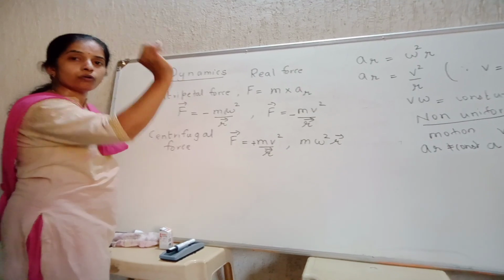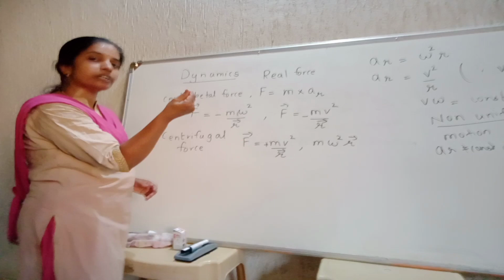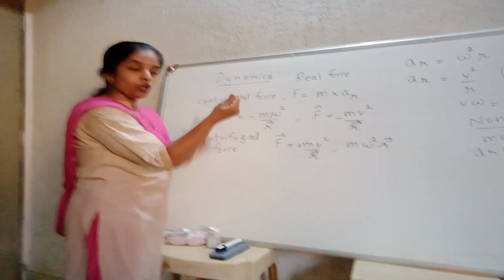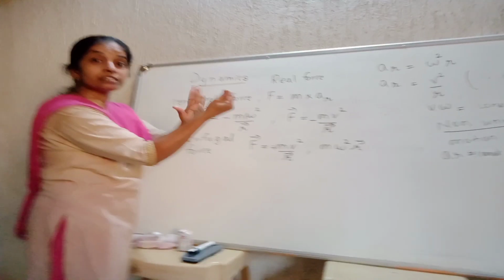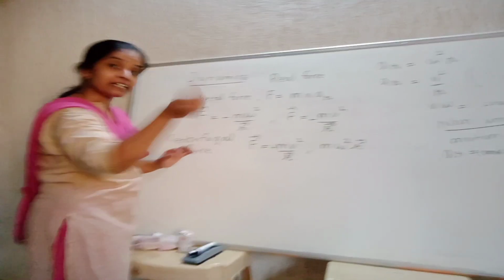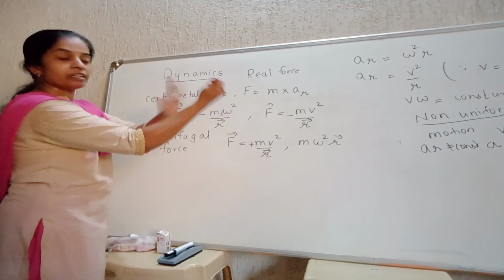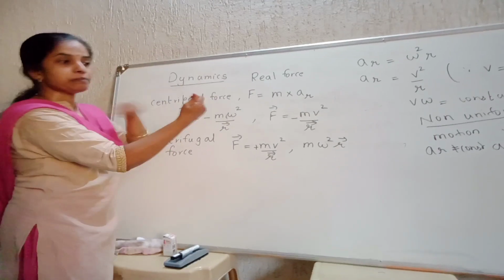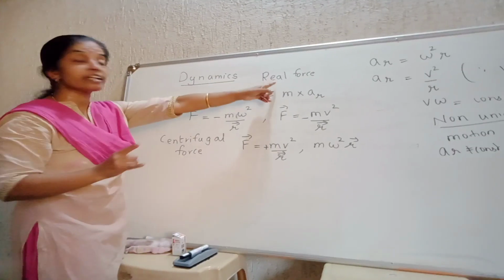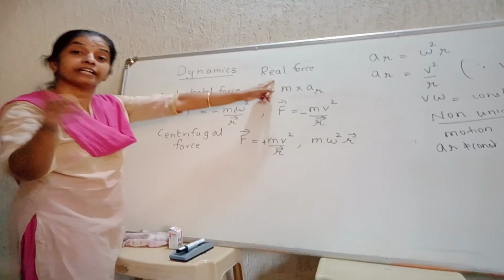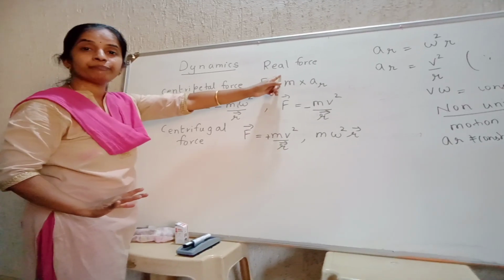If you just hold your hand like this, you just hold the string like this and tell the stone, rotate yourself. Will it rotate? No. You have to apply something. You have to apply some force by means of the hand, and that is centripetal force. Means it's a real force which you can feel. This is centripetal force which keeps the particle, or the stone, confined in the circle. Clear? It's a real force. Real force means which follows as per Newton's laws of motion.